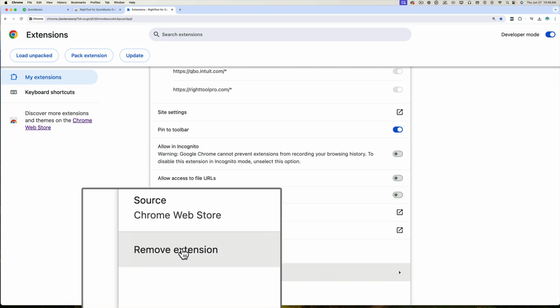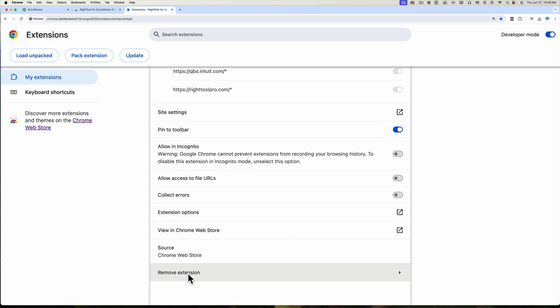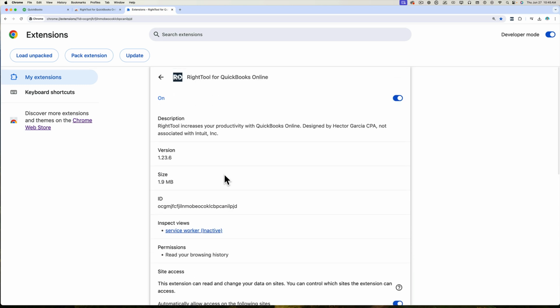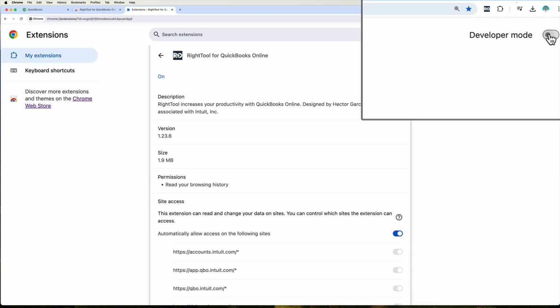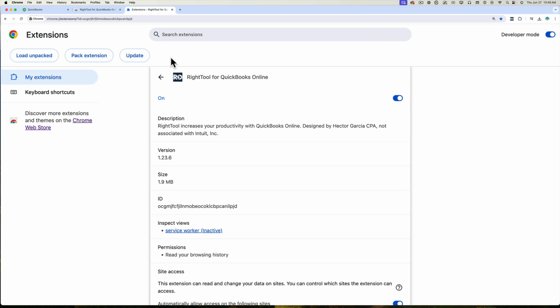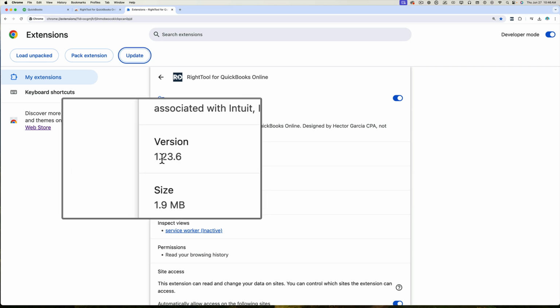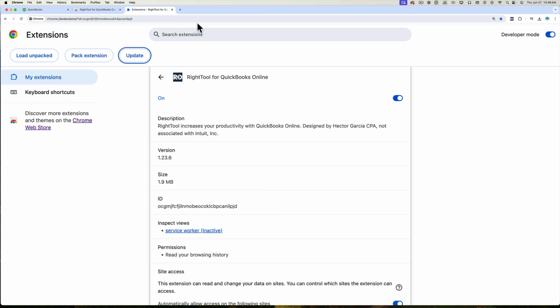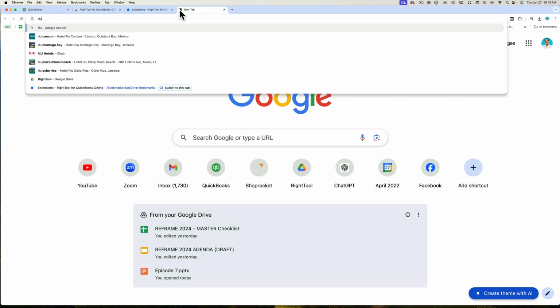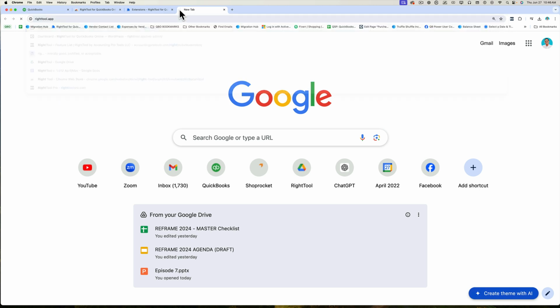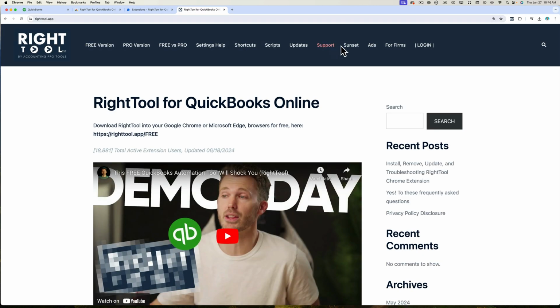And then down here, we have a button to remove the extension, which we're not asking you to do. The other thing I really strongly recommend with developer mode turned on, click here on update. Always go back and update it just to make sure you are on the latest version. Okay. If you want to know what the latest version is, you go into RightTool.app and you click on updates